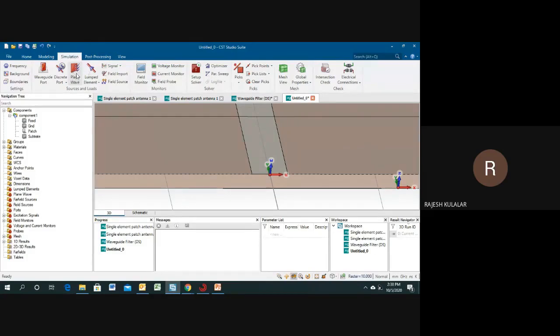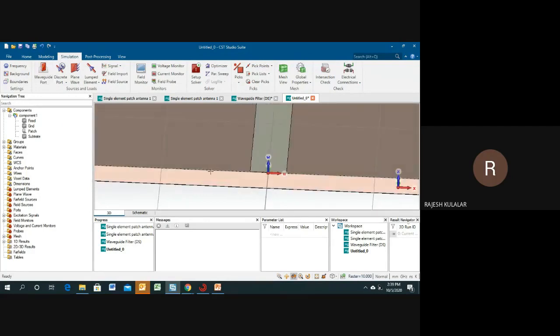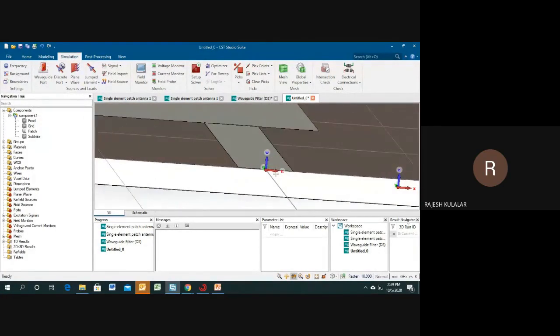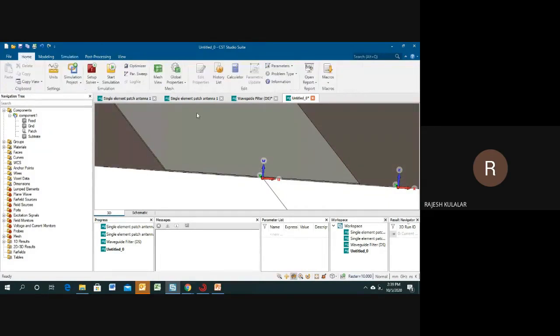So now this one is a waveguide port, and this one is a discrete port. What's the difference between a waveguide port and a discrete port? A waveguide port can be defined for the TE mode, TM mode, or TEM mode as well, but a discrete port always works for the TEM mode. Actually, the principle of the discrete port is different. So for this application, I will design a waveguide port, and I will check which type of mode is generated in this waveguide port. For defining a waveguide port, I first need to remove this local coordinate.